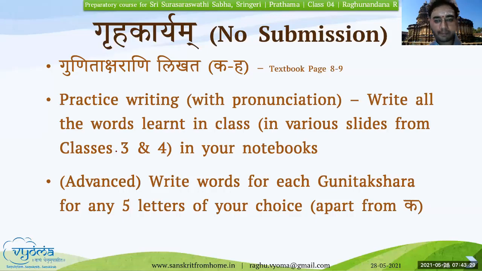The way I showed you one mala, wherein for ka we had karaha, for kha we had khakaraha, and so on. For each of the Gunitaksharas, we had come up with one word each. In this way, you can start doing this in your notebooks or on sheets of paper for different letters. Say, for example, choose chakara, cha. For cha, what is there? Chamasaha. I'm just giving a few examples. Similarly, if you choose some other letter, da: damaha, dana, danam. Similarly, dinankaha, dinaha, and so on.